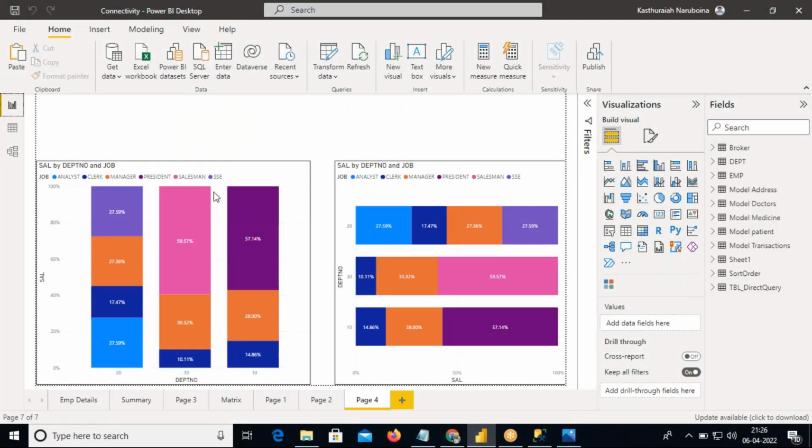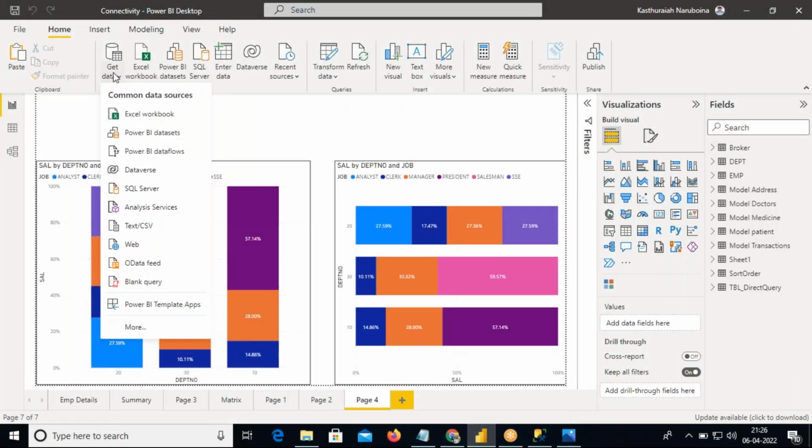Okay. Go to Power BI Desktop, click on Get Data, and if you think I cannot click on Get Data and I cannot travel this far,